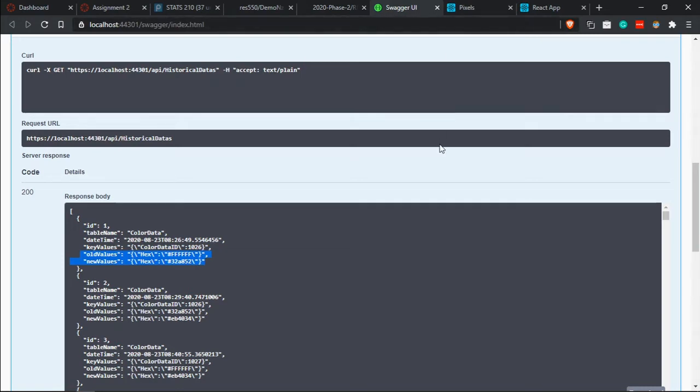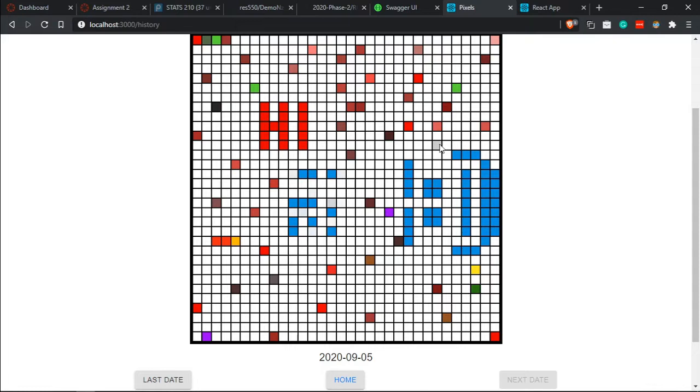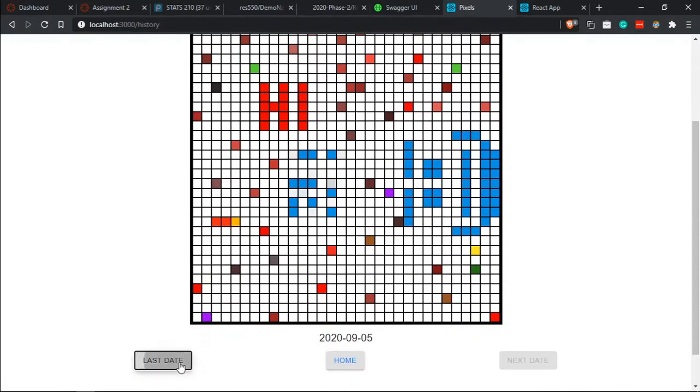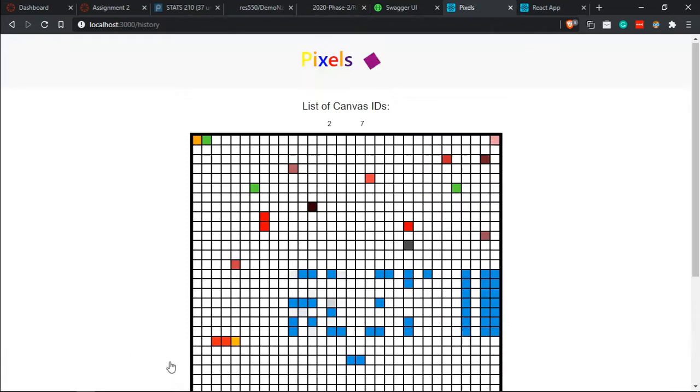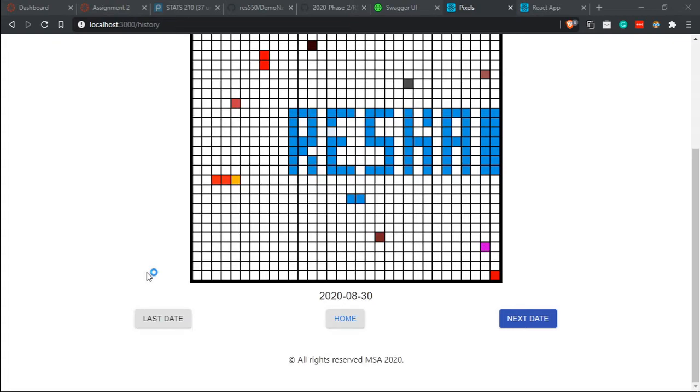Okay, so these are the things that we need to consider for the API. Secondly is the state. So what exactly do we need to think about for the state of this particular component? The major thing to think about is that, as you can see here, we have all these dates of this specific canvas with ID 2. So you can imagine it would be